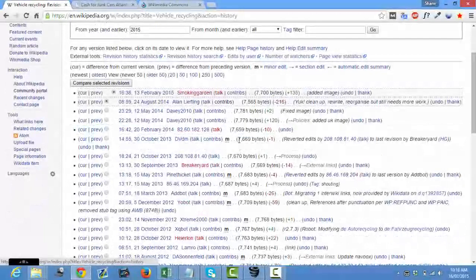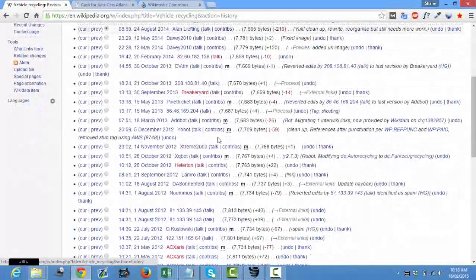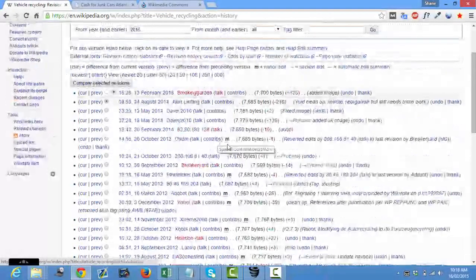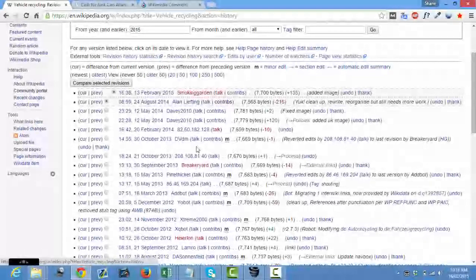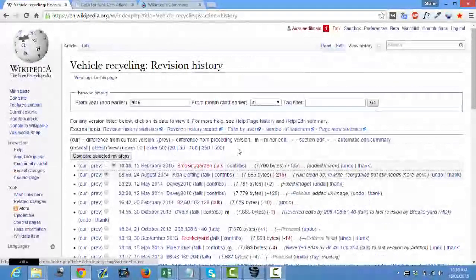I'm not seeing a lot of spam removed. I'm not seeing a lot of bots on there, and I'm also not seeing any one particular editor that is all over this page. So that's why I chose to drop an edit on this page.